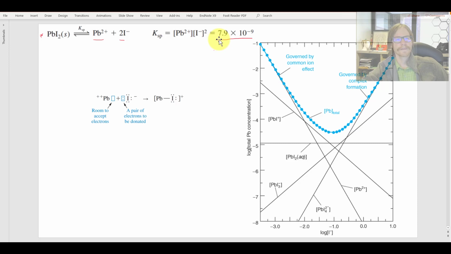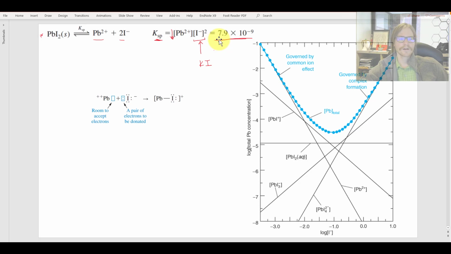as the only type of reaction between those two ions. Then what we would expect, from an observational perspective, is that as the concentration of the iodide component increases via, say, the common ion effect, so you keep adding potassium iodide to solution, that's going to continue to drive down the lead concentration as it continues to satisfy that constant Ksp. And what we observe is that to be true when we're starting at low concentrations of iodide and moving towards progressively higher concentrations. So what I'm showing you on the right is what's called a log-log plot, where we have